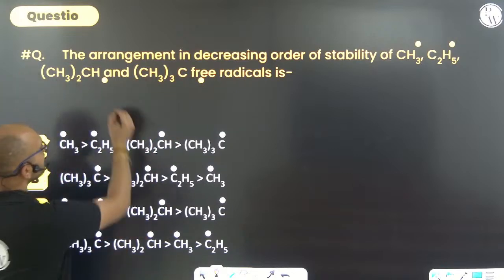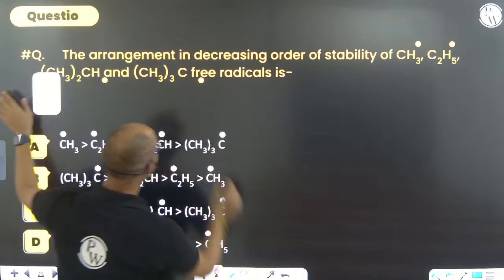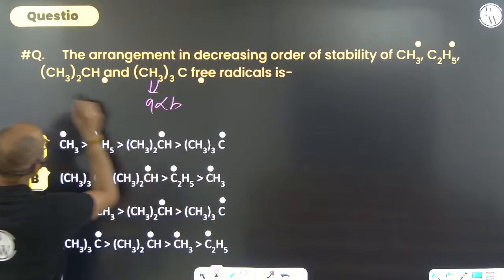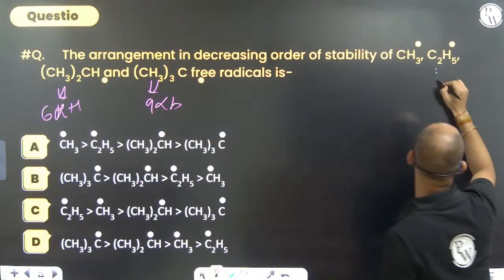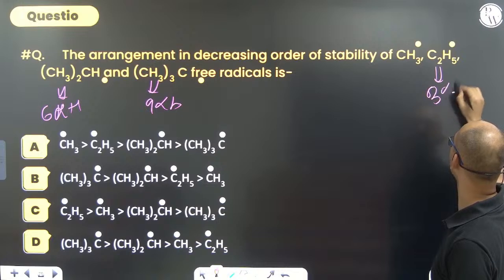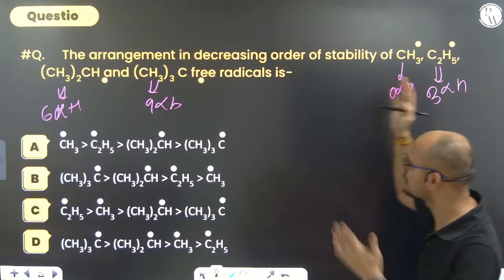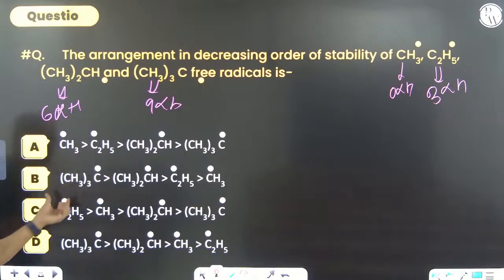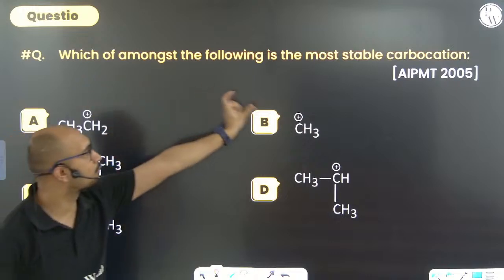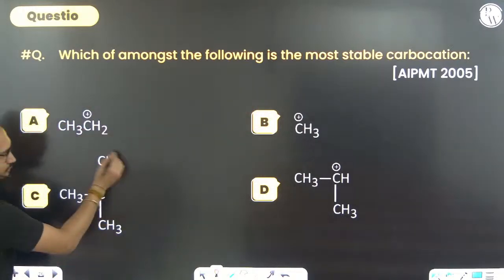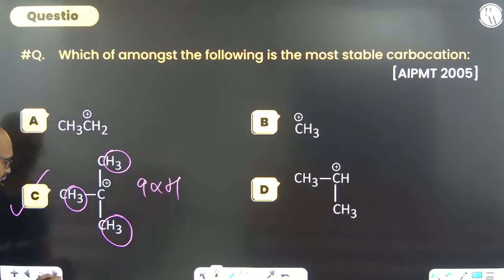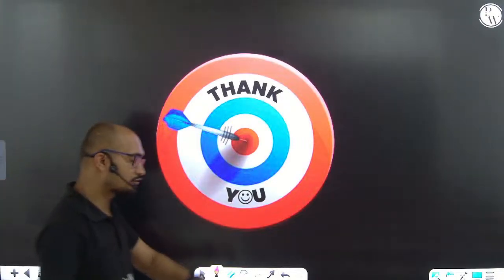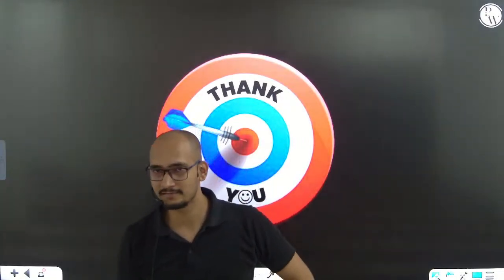the arrangement of the decreasing order of the stability of these, what are these? all these are you all can see that free radicals, can you see there are 9 alpha hydrogen, here are 6 alpha hydrogen, I am writing, here there are CH2 3 alpha hydrogen and there are 0 alpha hydrogen, you can see that the maximum will be this, C(CH3)3 is more than CH2, of course option B is the correct option। now which of the following is the most stable carbocation? most stable carbocation, because you see that 1 2 3 from 3 side there are 9 alpha hydrogen, so option C is the correct option।